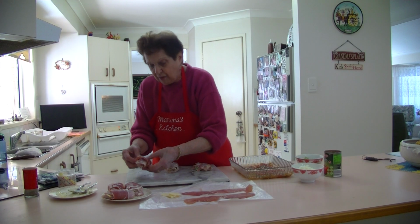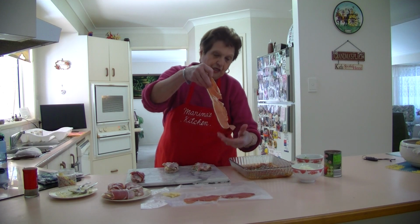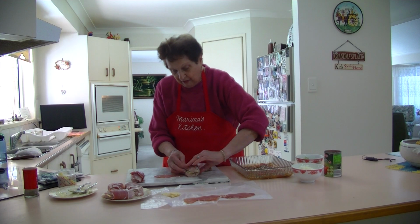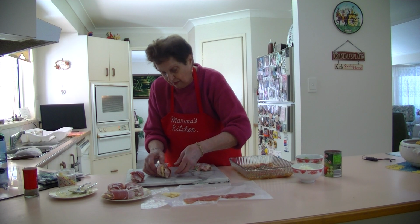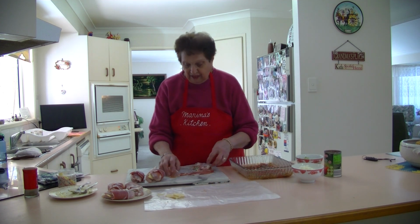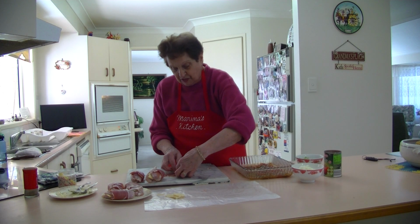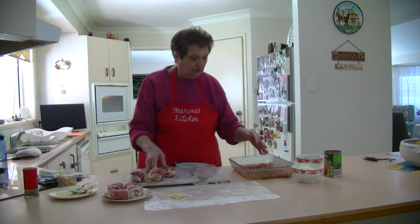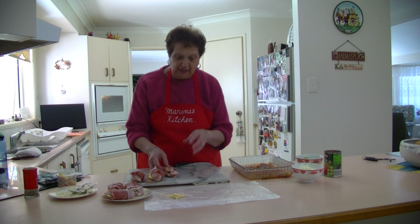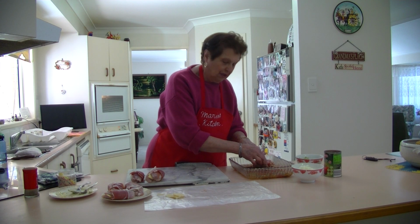And there, you can put a toothpick there if you want to, but I find that the prosciutto is really nice and long, and it covers it up very well. There you go. You do the same thing, just roll it around. The same thing again. That is very quick. It's a lovely roast dinner. So simple, but I like to soften those vegetables up before I put this chicken in there. Now what you do is place these chicken